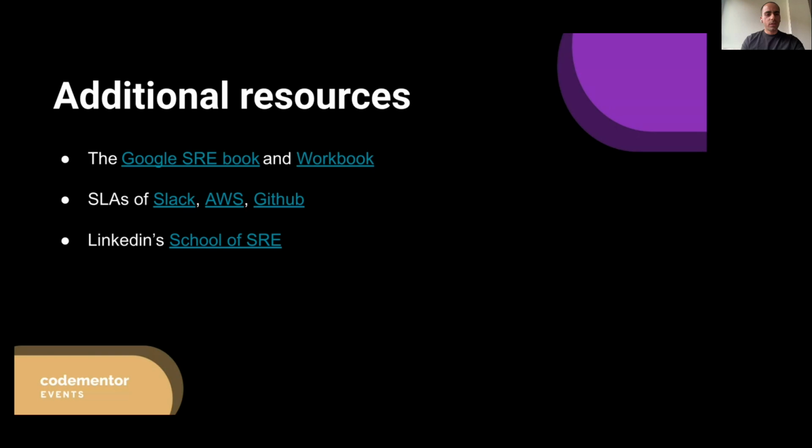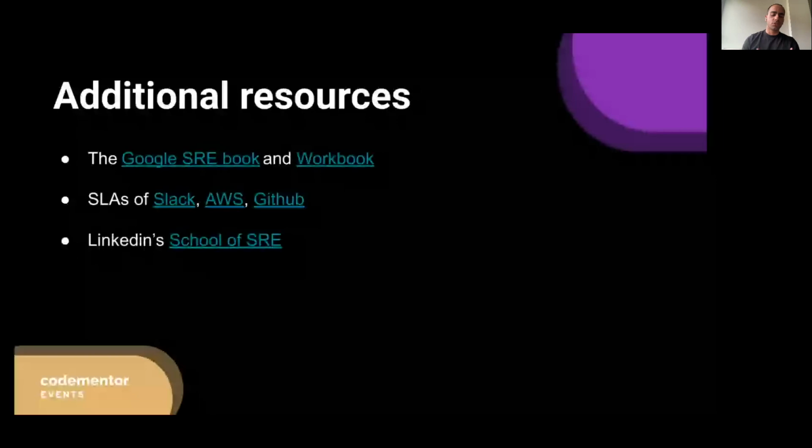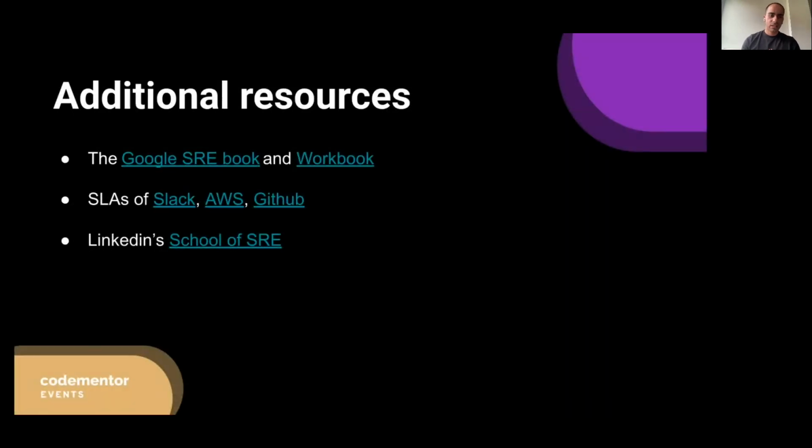I think I should be able to share this slide deck. There's a bunch of links. There are some really good links. Google has written a book about their entire culture. I highly recommend that you go through it, at least some of the parts around automation and SLOs, very helpful, even if you're not totally transitioning into an SRE role, right? There are some really good examples of SLAs that big companies have published.